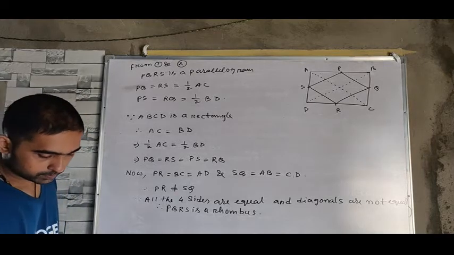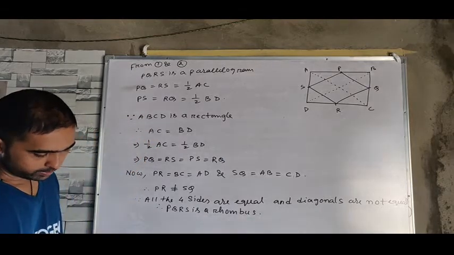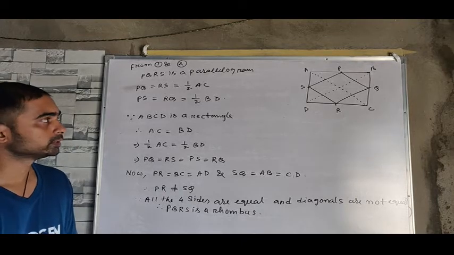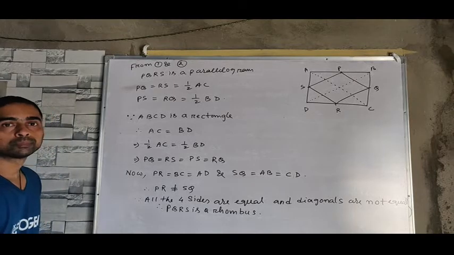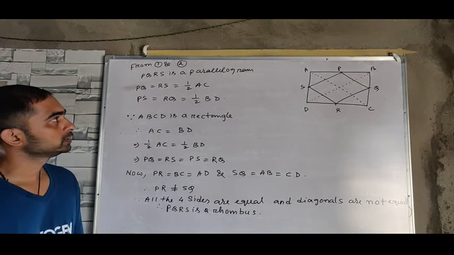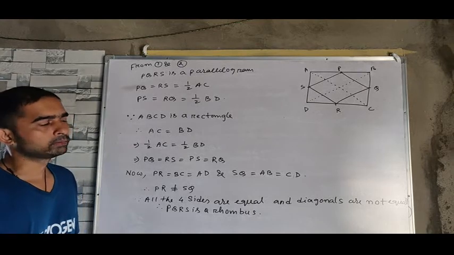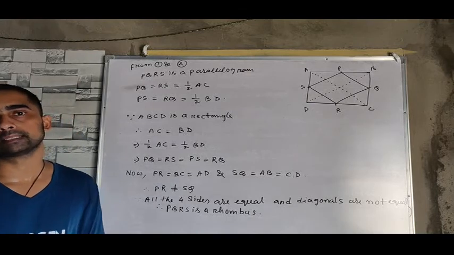So that's all. I did the question, and next class, if possible, I will give another question as homework. You try it yourself. If you are able to solve it, then text me. I'll solve the question and put the solution in the school group. Then in the next class, we start the chapter Circles. There are 10 or 12 theorems. First we'll prove all the theorems, then we'll start the exercise.